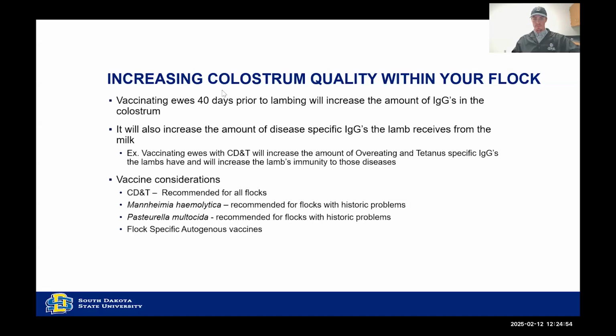How long can you store colostrum in the freezer? I'll talk about that. So if we vaccinate the ewes at 40 days prior to lambing, do we still give the CD&T at 60 days old or back that up at 90? Great question. You still maintain the same vaccine protocol you have going on with those